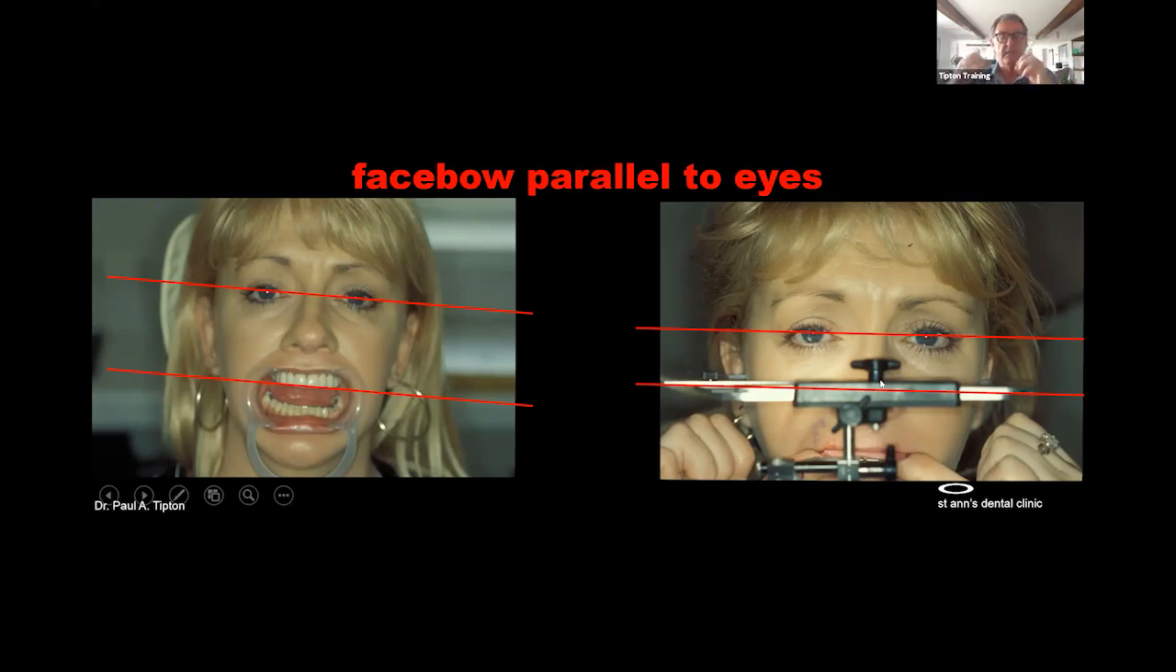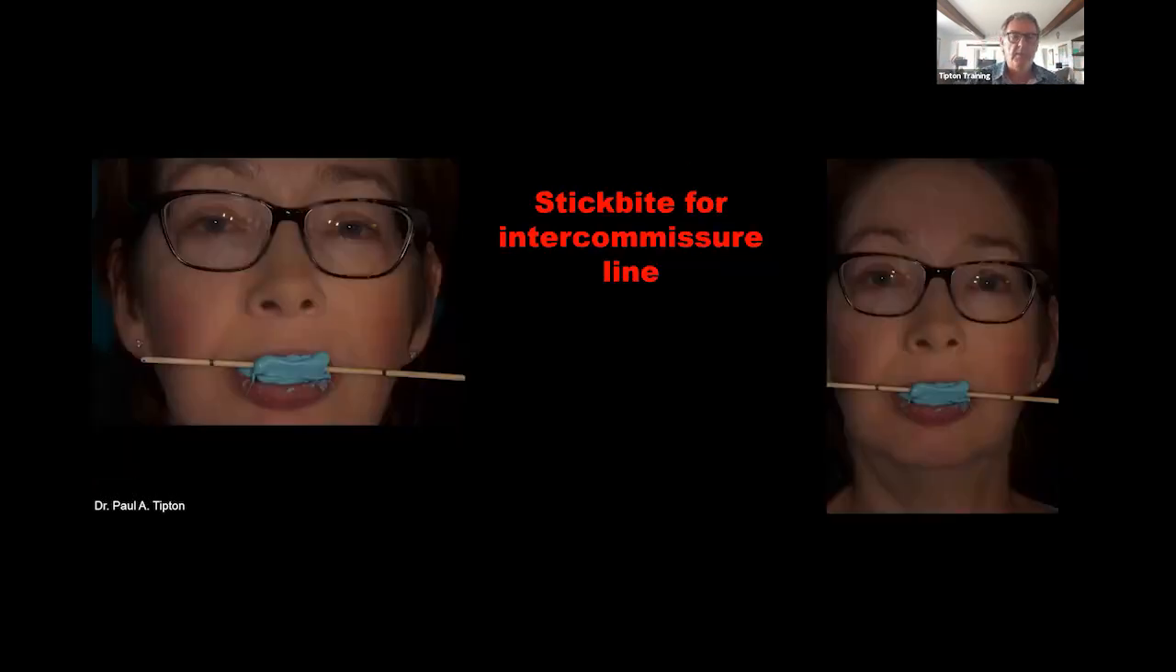So when the technician is making the incisal edges of his restorations, the top part of the articulator is his horizontal line, his reference. Another way, and especially one where we want to take a reading, if you like, of the intercommissure line, is